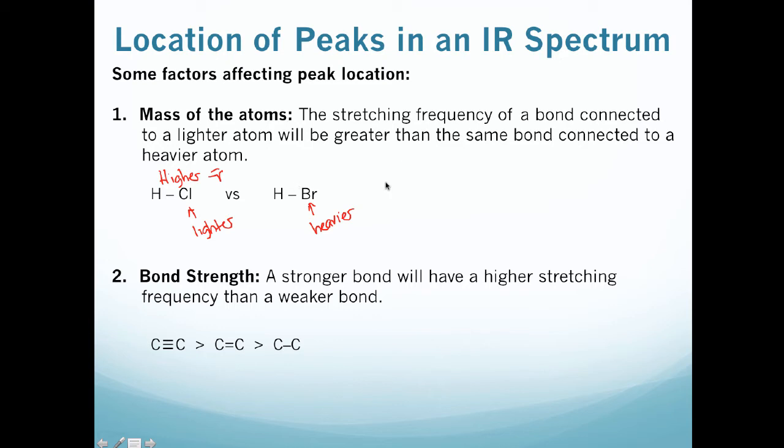Now the way I like to think about this, which helps maybe more as a mnemonic than anything else, is if we compare HCl and HBr again, thinking of this bond as a spring, chlorine is a lighter atom, so the weight of the chlorine is only going to stretch this spring so much. But now if we compare that to the bromine, it is heavier, so it's going to stretch that spring a little bit further. So now to get a complete stretching of the spring,